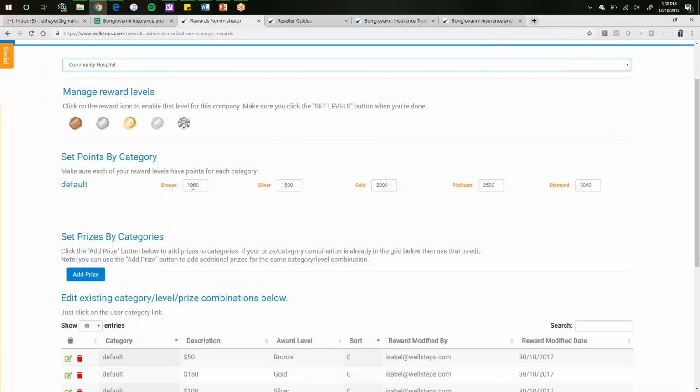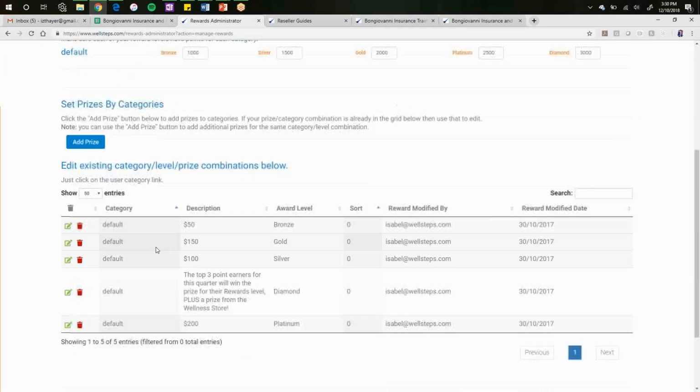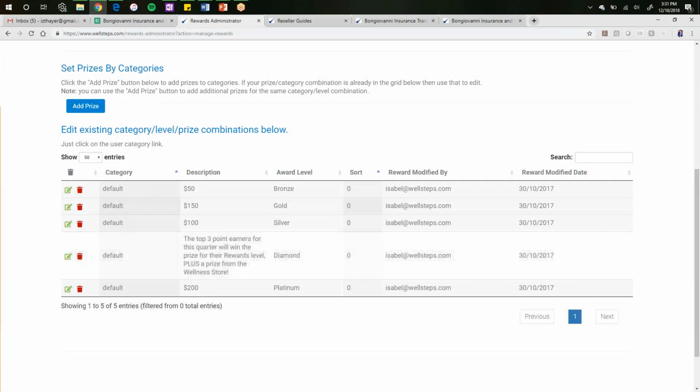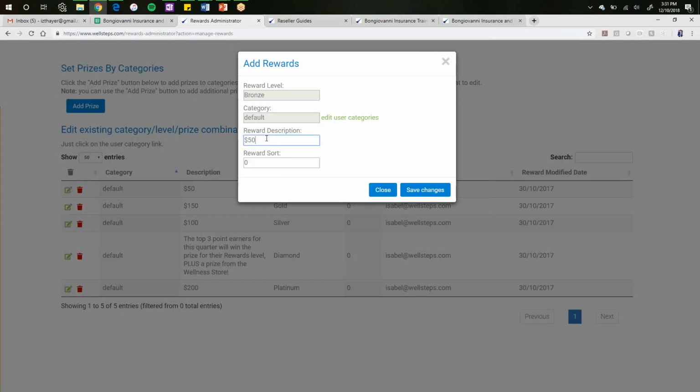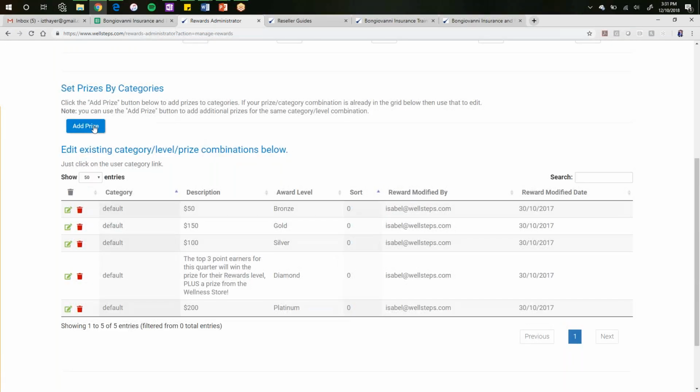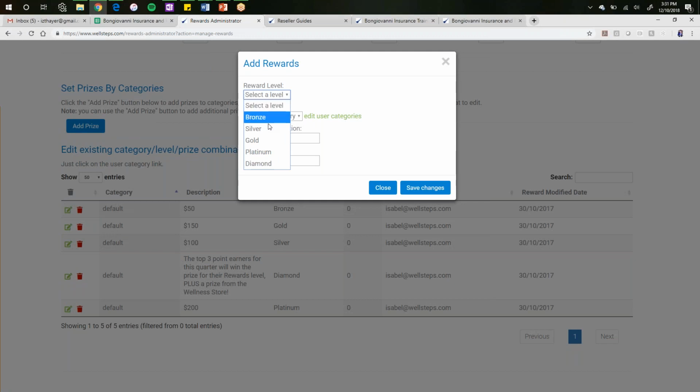Okay, so you'll just see each of your prizes here. And then down here, it will pop up for each of your different levels a customizable prize option. So you'll come in and click on edit, and then you can edit the rewards description, and you can actually edit multiple for each. So if you wanted to add another one for bronze, you would just do bronze here, and then if you had multiple categories, you could select which category you wanted to show for, and then add in another